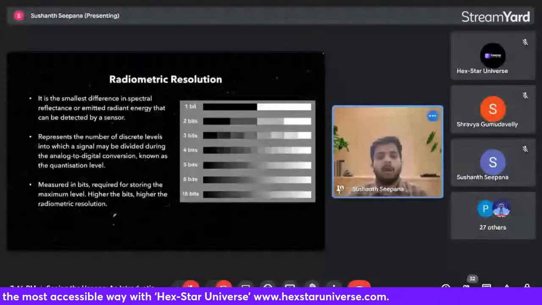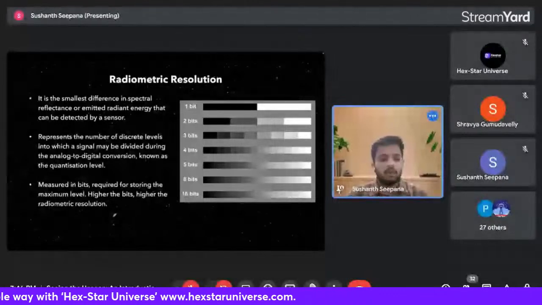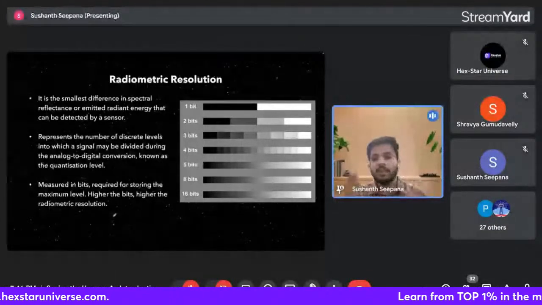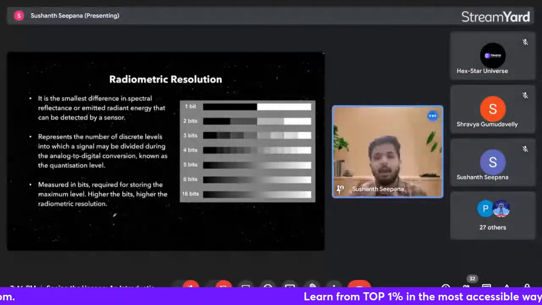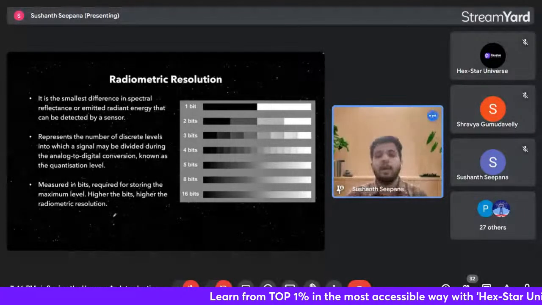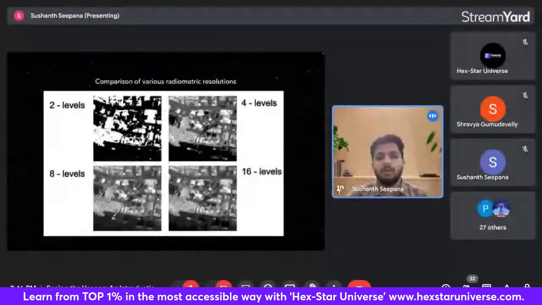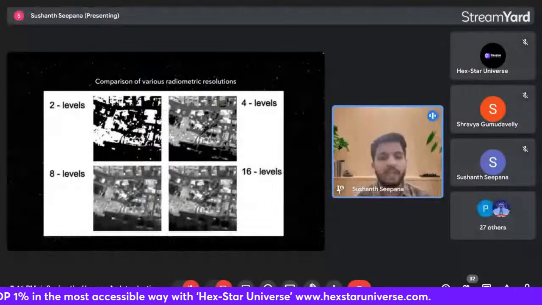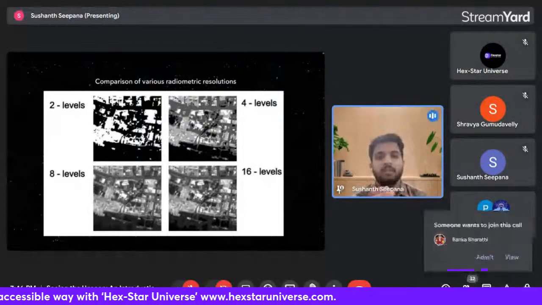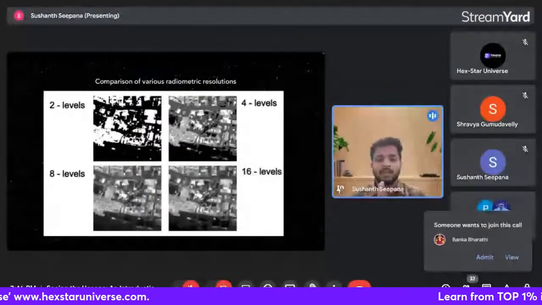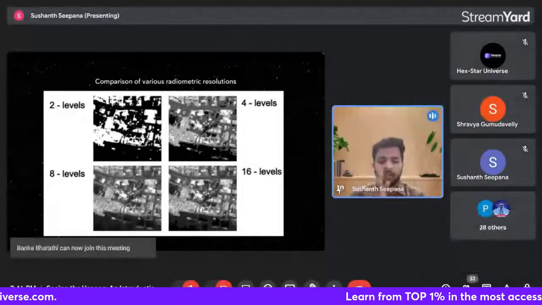How is this happening? So radiometric resolution is electromagnetic energy being quantized into a digital number. And how is this conversion happening? You can see this with an example comparing different radiometric resolutions. Given an area, if it's captured with a 2-level radiometric resolution or 2-bit quantization, the energy, you say, okay, energy less than 100 wave, some